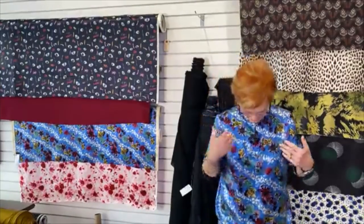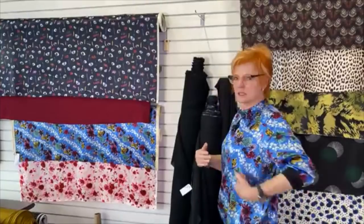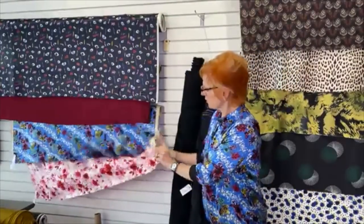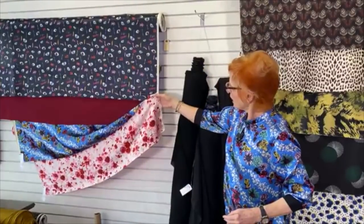And you can see that it does have a sort of diagonal line, which I really like. And I did, believe it or not, make some attempt to continue that diagonal line at the side seams. I wasn't too finicky about it, but I did think about it when I laid this out, and managed to get it pretty good. This is another silk charmeuse of Betsey Johnson's, very fresh and beautiful, these gorgeous pinks and reds on